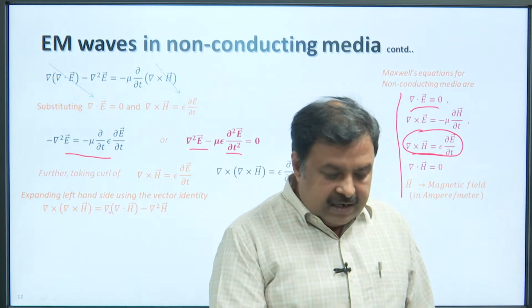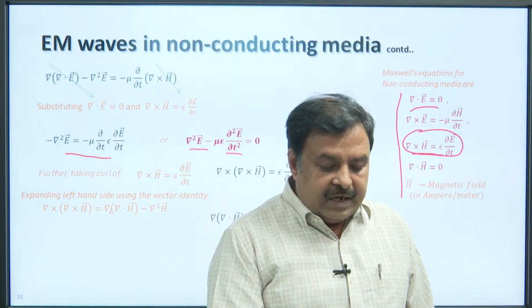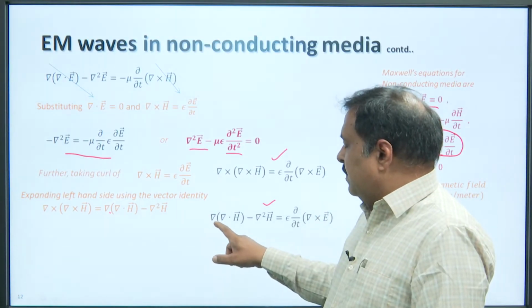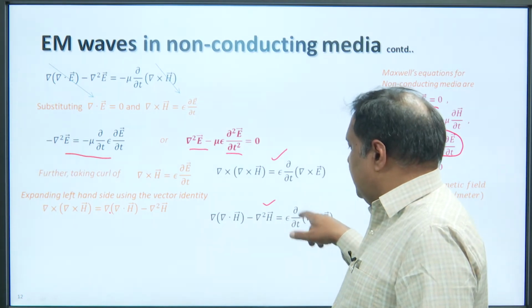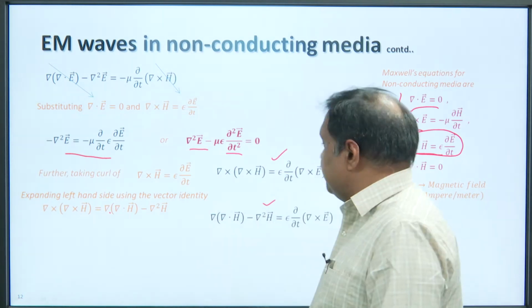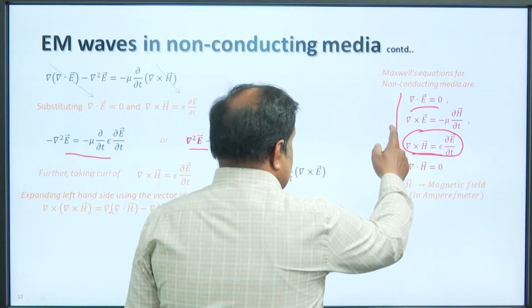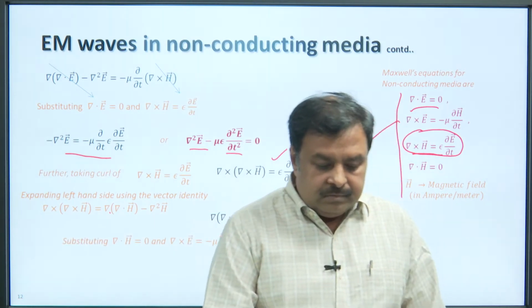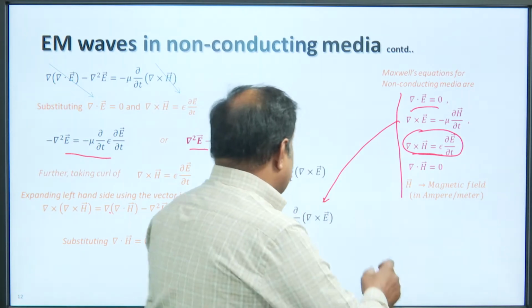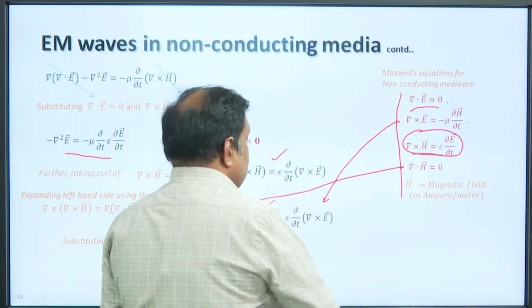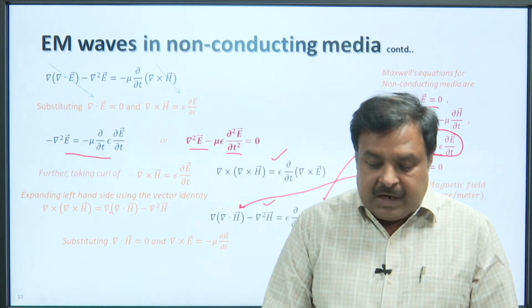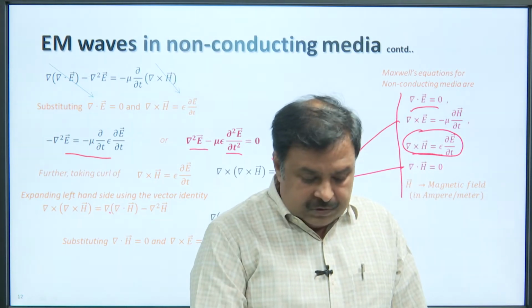So, when we expand the left hand side with this vector identity, this equation reduces to gradient divergence H minus del square H equal to epsilon delta by delta T of del cross E. Now, we can substitute for del cross E from this equation, and also for del dot H. Del dot H equal to 0 and del cross E is minus mu times delta H by delta T. So, this equation becomes